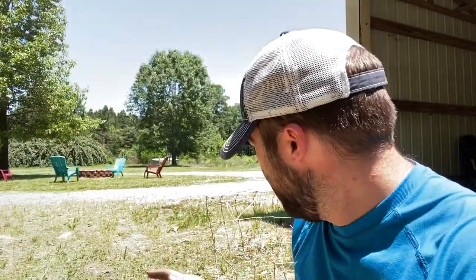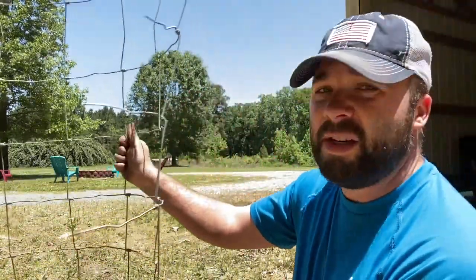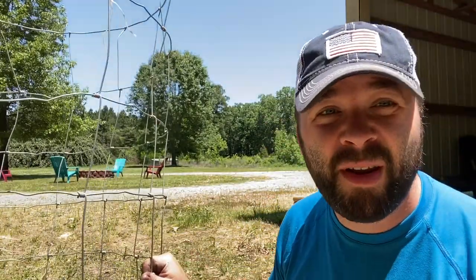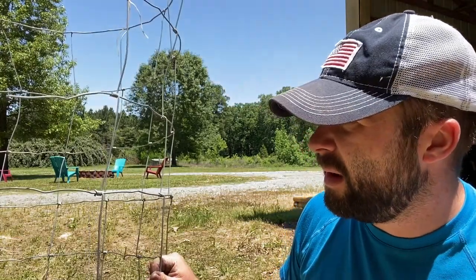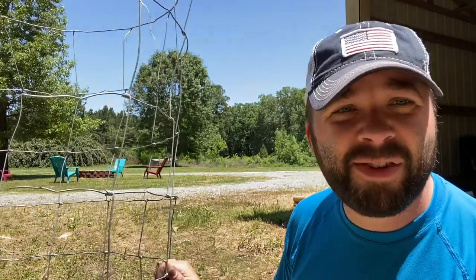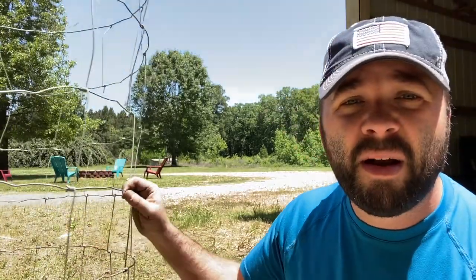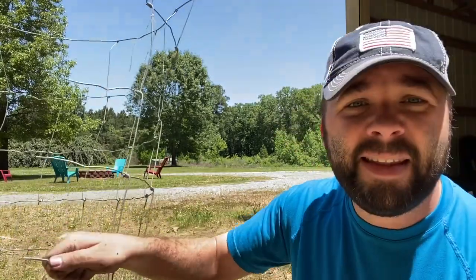All right, let me show you real quickly how to build one of those cages. Again, it's pretty simple. Just go buy your roll of wire, 100 foot. If you need 20 cages, buy 100 foot of wire. Like I said, some kind of woven wire, like that 2x4 wire, or even some of this field fence here works well. But cut it, like I said, cut it about 5 foot in lengths, and then leave